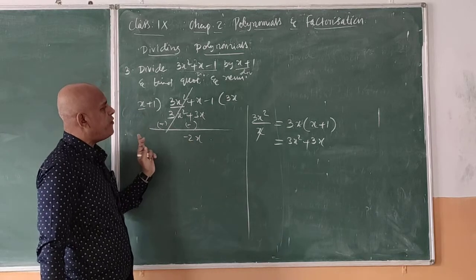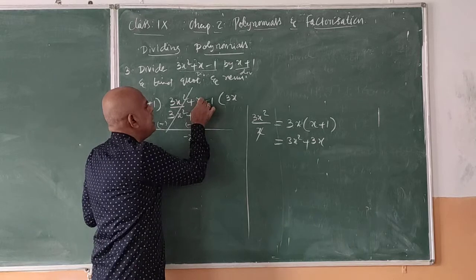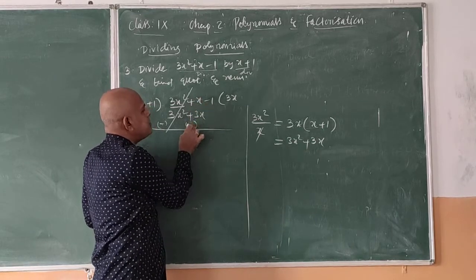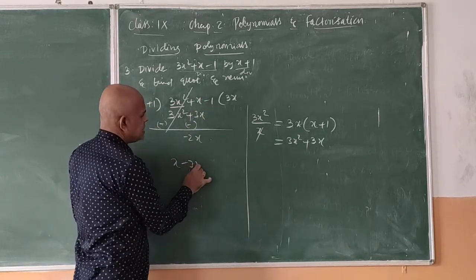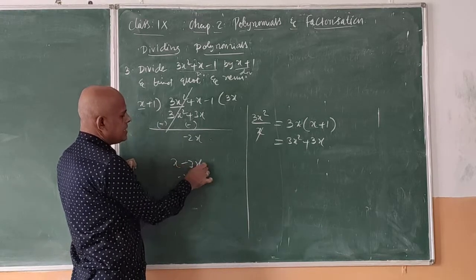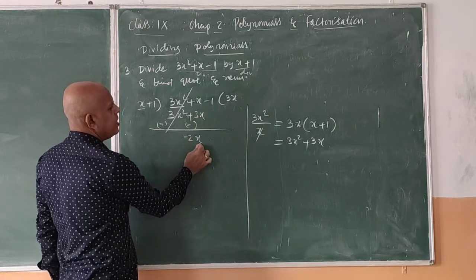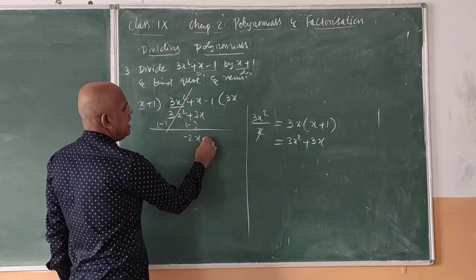You should be very careful, as we learned in 8th class, in subtraction of algebraic expressions here. x minus 3x. Here 1x minus 3x. Here x means what? 1x. 1x minus 3x, 1 minus 3 is minus 2. x term is minus 2x here. So x minus 3x is equal to minus 2x. Minus 1 as it is here.